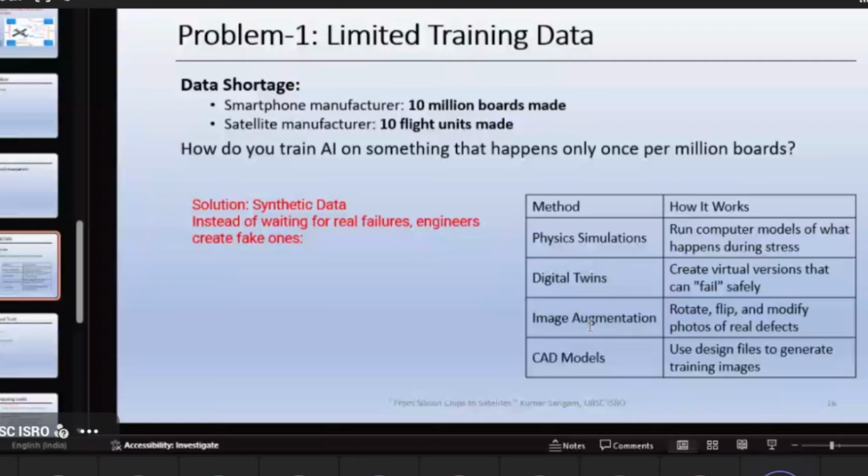Then there are CAD models. CAD models are also very good because each CAD design can give you n number of perspectives the way you want. You can rotate it, you can go inside and all those things. So if we capture each and every perspective that is important to us from the design file or the CAD model, then we have the data instead of subjecting the actual model. So this is problem number one, and this is one of the many solutions that we can use in our satellite domain. It's not that everyone is using it, but in the satellite domain it can be useful.